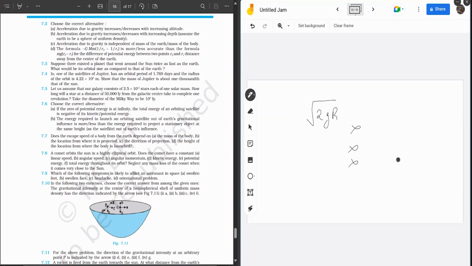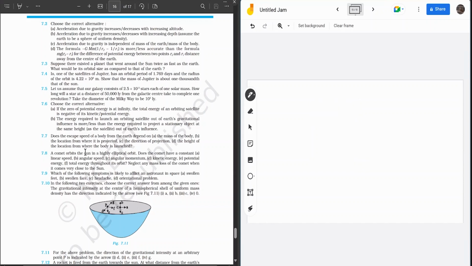However, the escape speed of a body depends upon the height from where this body is launched. Okay. So if R is greater than H, and suppose R is not greater than H, okay, H is not that small to be ignored, then we'll be adding it. Okay, hence the height matters.